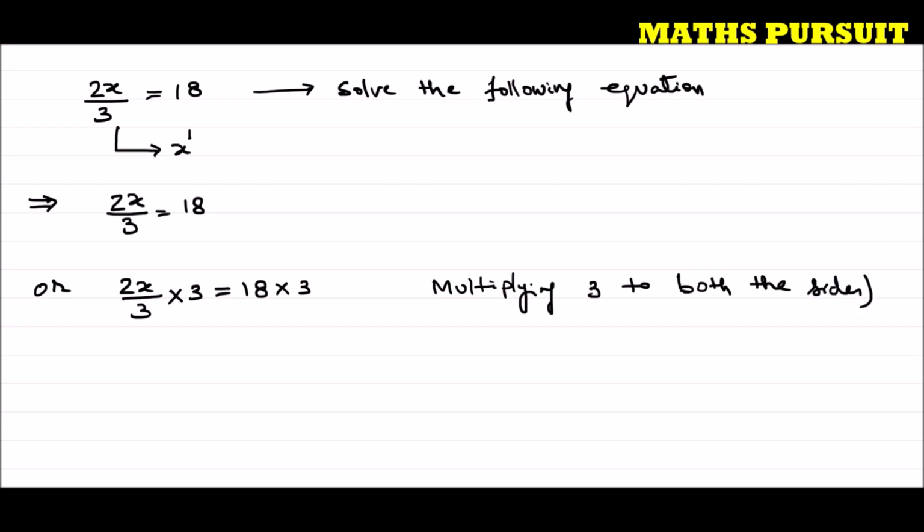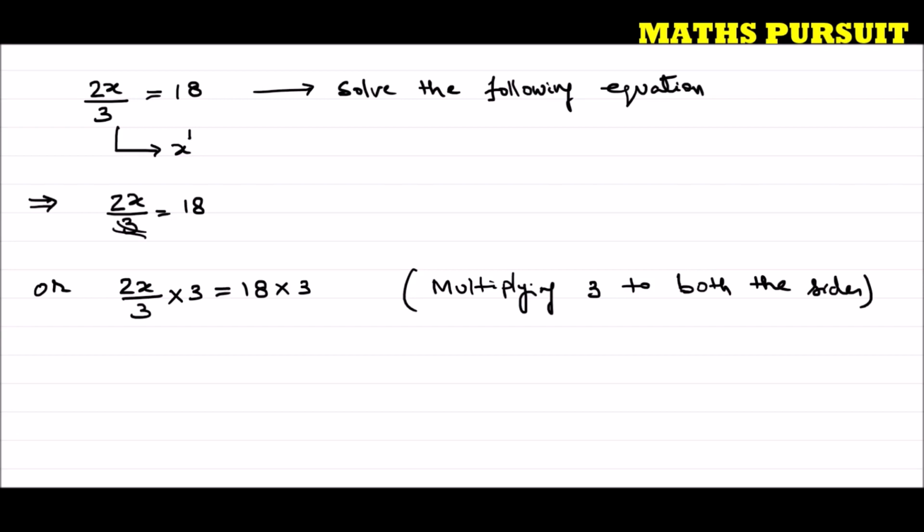Now guys, we will see why I multiplied by 3. I multiplied by 3 in order to eliminate the 3 from the denominator. In order to eliminate the 3 from the denominator, I multiplied 3 to both sides of the equation. Why both sides? By rule, if we do some sort of operation to the left side of the equation, we should do the same kind of operation to the right side of the equation.